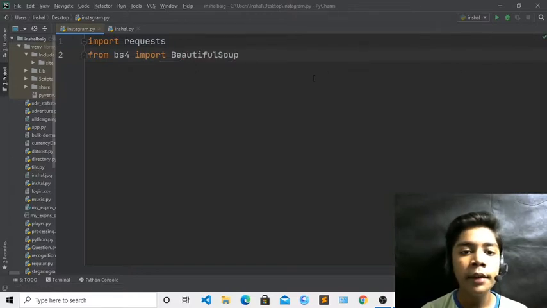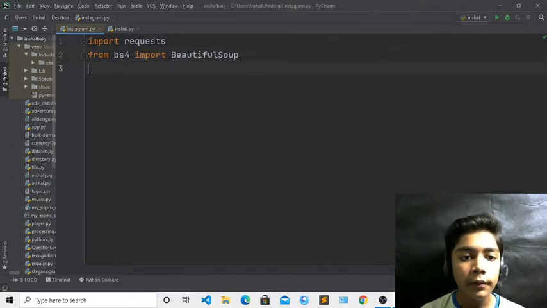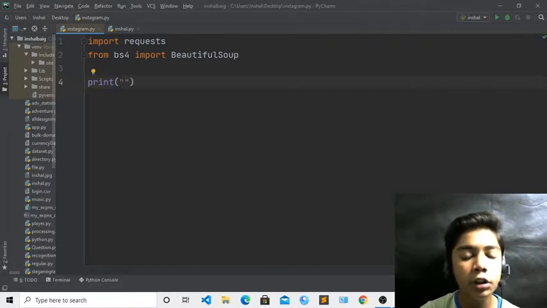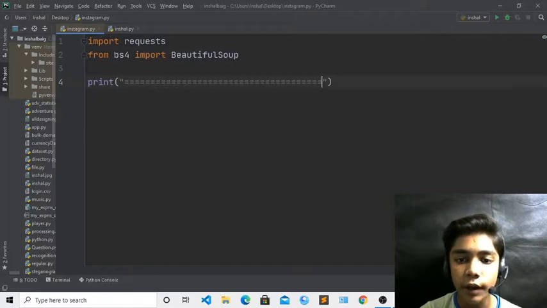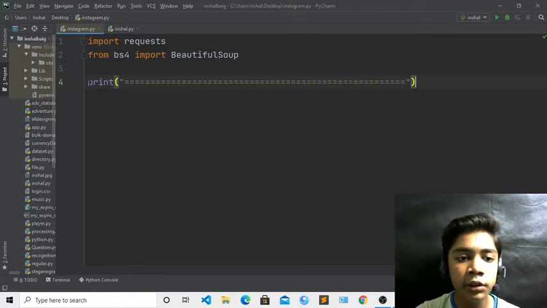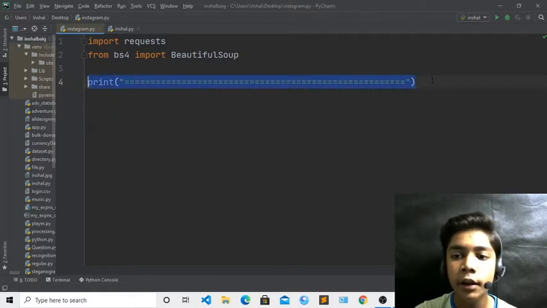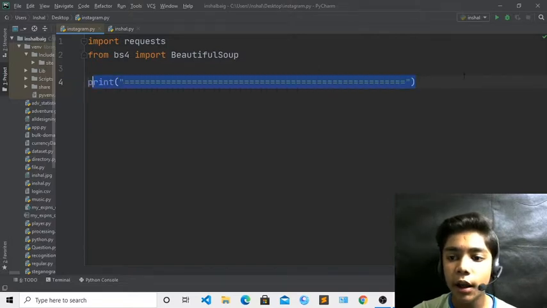Now here we have done our work till over here, and now we have to define print tag. In this print tag, I am just writing randomly print tag. If you want to, you can write; if you don't want to, you don't have to. I am just writing equals to over here many. I have written these equals to over here. I hope you understand this. It will come on the top of the username.